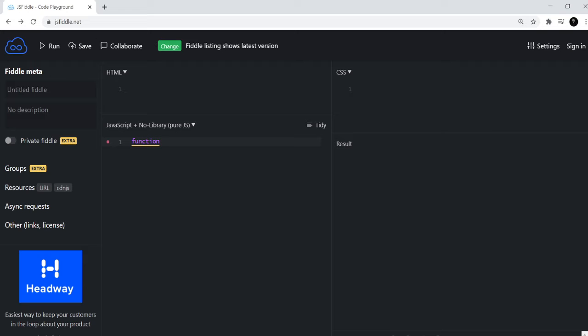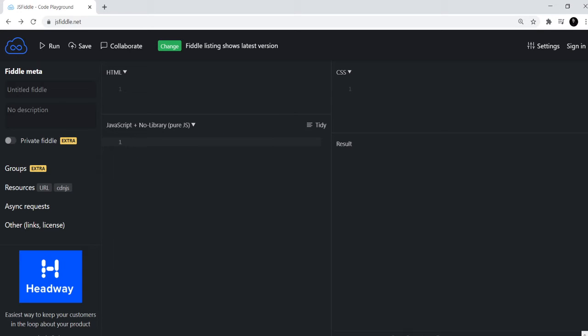So if you remember, a regular function in JavaScript is defined like this. You say function and then you write the name of the function, and then you put these round brackets where you can put the parameters that this function will accept, like a and b for example. Inside these curly braces you'll define what the function actually does. So the spelling here is wrong. I'll say function, right? So here you can write return, or for example document.write something, right? You can define the function here.